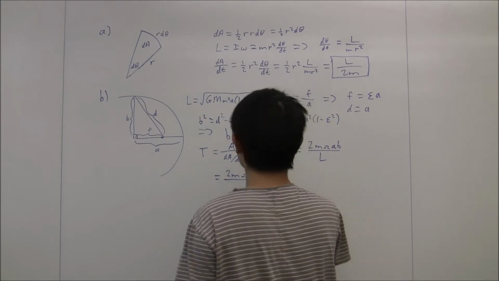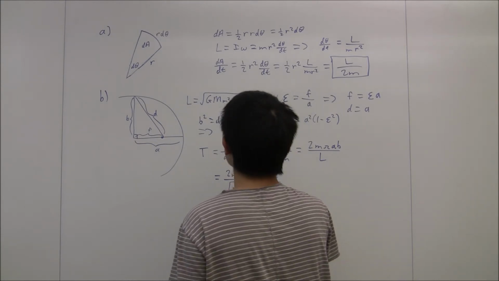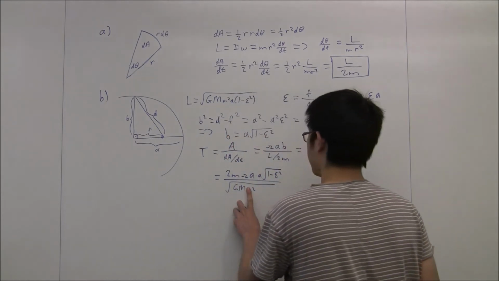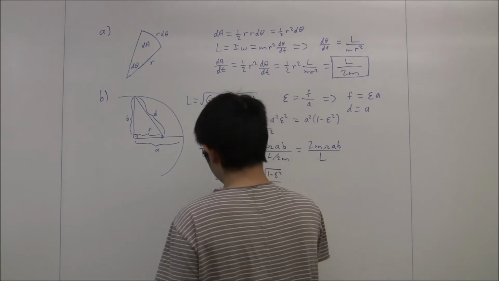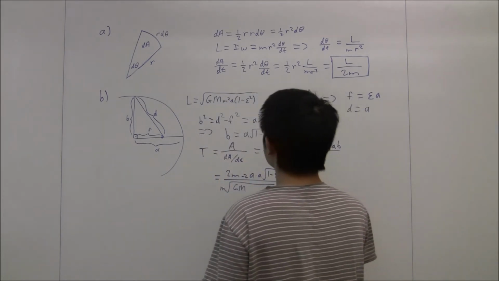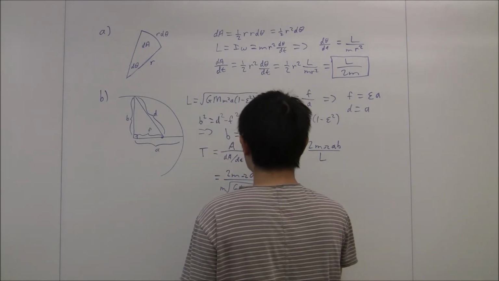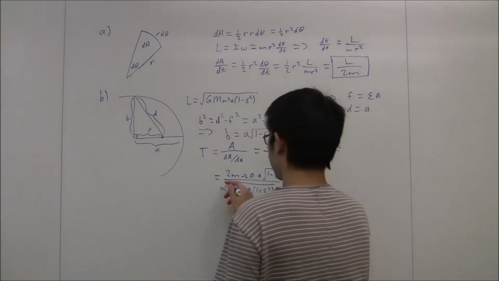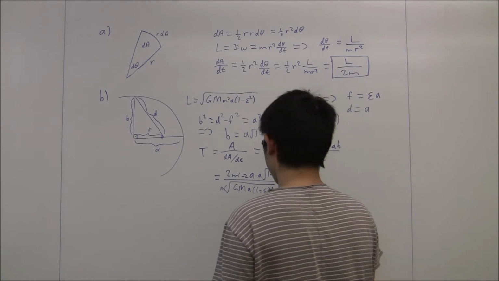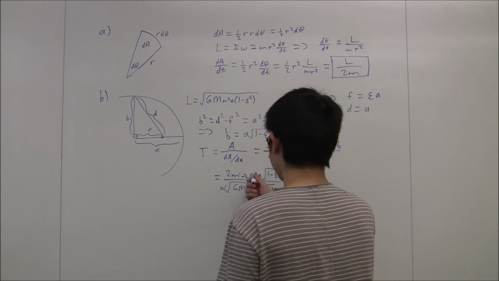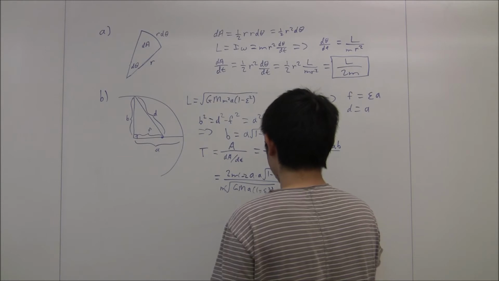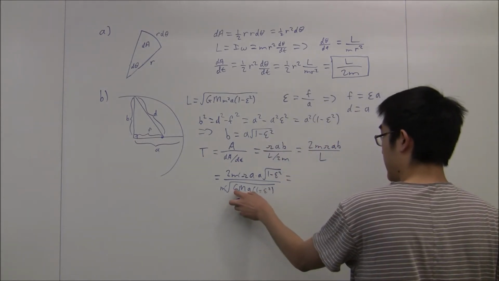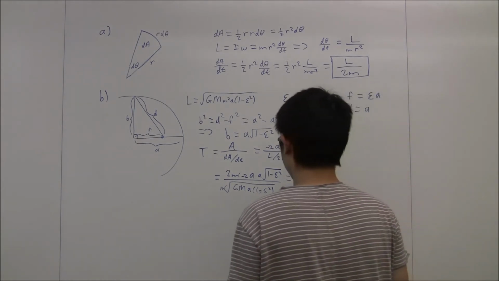That's all over the square root of G times big M times little m squared, which we're just going to pull out and put an m here, times a times 1 minus epsilon squared. Now, the little m cancels, and the a's group up, and if we factor out the square root of G M a, we get